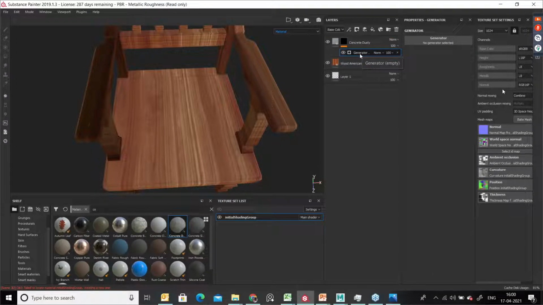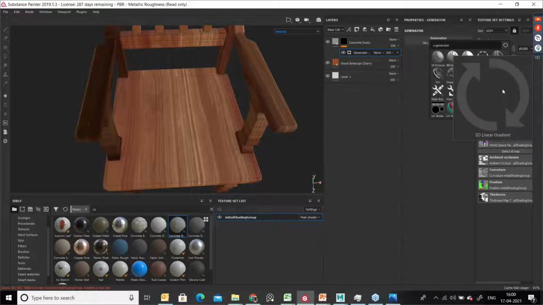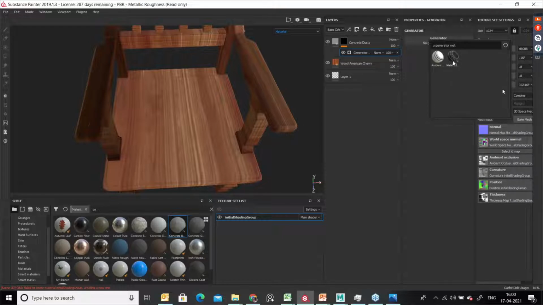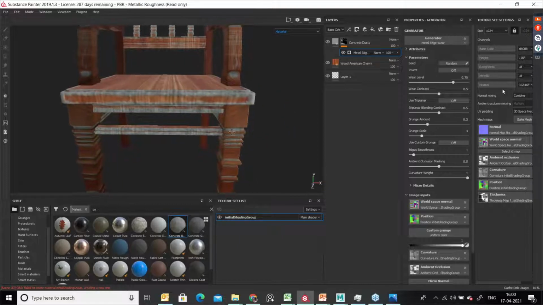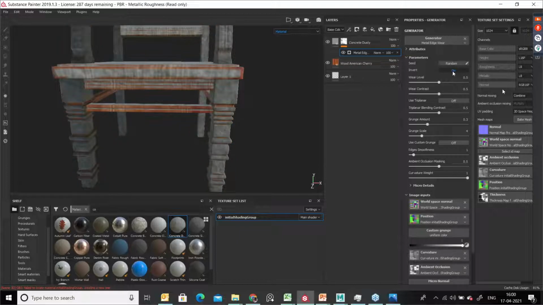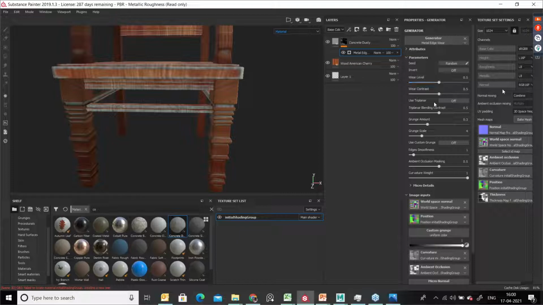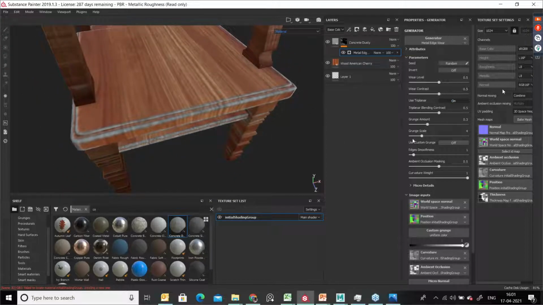Once you add the generator, you can select the generator and click on metal edge. So we can try to apply this metal edge. See here, it's looking like this. We can try to adjust the value. Okay, and I can try to invert this and just check it out. Invert is not perfect. You can just do it in normal mode. And here you can click on use triplanar. It will give a little bit realistic look and feel for your texture.